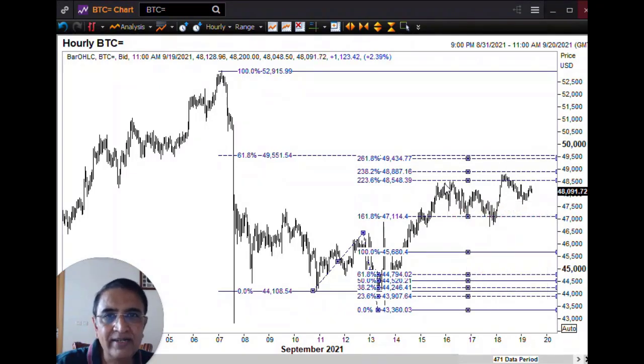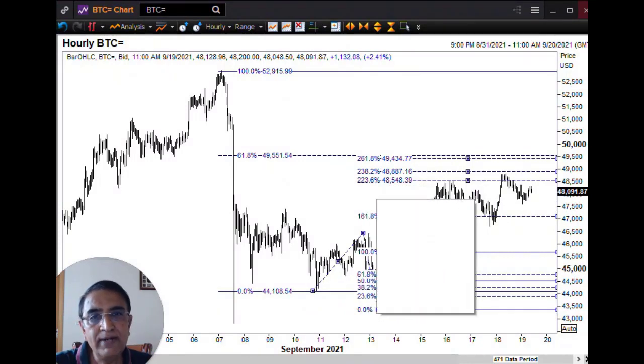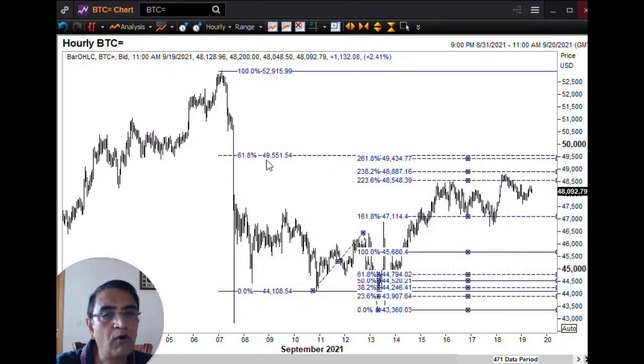was already a small trading level, but then we came down in 3 waves only, and then we are in the 5th wave up. So 1, 2, 3, 4, and 5, and we have a target here at 48,887, and finally at 49,434. So you should expect some resistance around the 49,560 level. So if you are going to be trading short, you can place your stops at 49,600. I think that's decent enough.